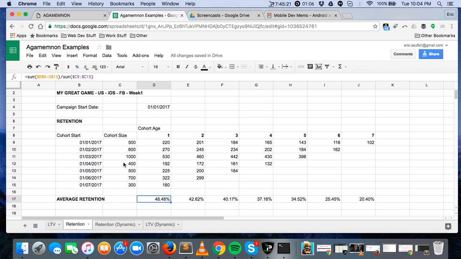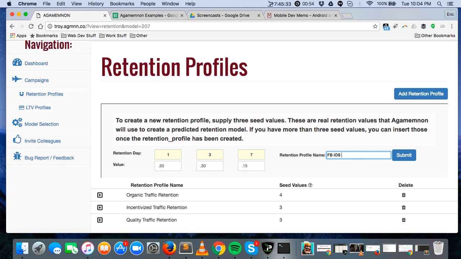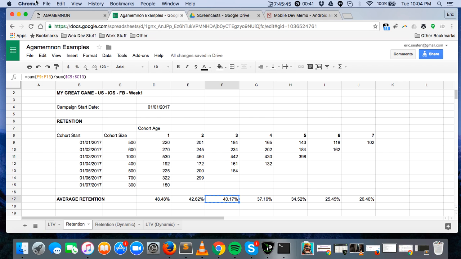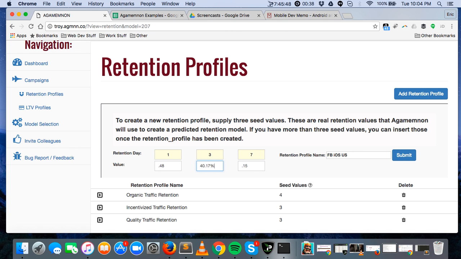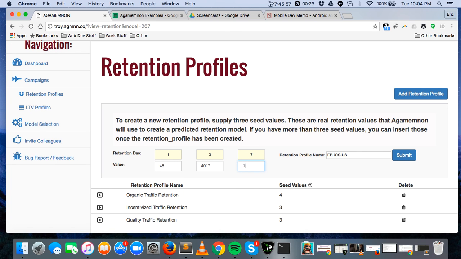So what we do here is we just copy the values, right? We're going to copy values 1, 3, and 7 into Agamemnon, right? So we've got 48% on day one. We'll go into Agamemnon. We'll create a new retention profile, right? So this is Facebook, iOS, US. Day one was 48.48%. So all we're going to do here is turn this into a decimal. Get day three, 40.17%. And we can actually keep all 4 digits if we want. And then day 7, 20.40%. And again, this assumes this is in decimal notation. We submit,